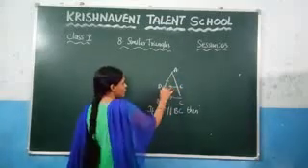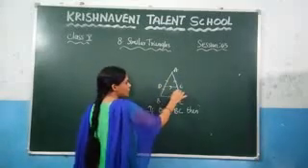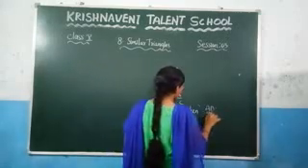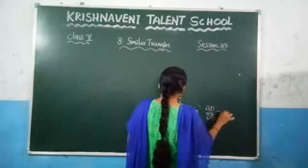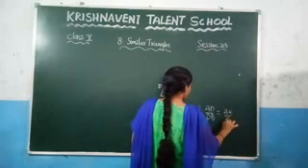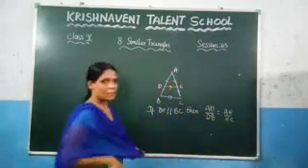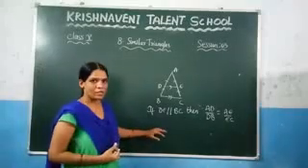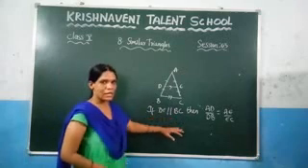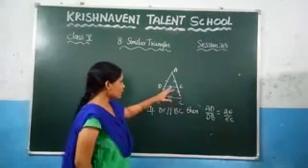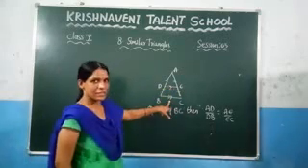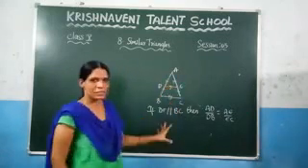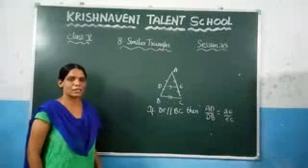This length and this length are the same, and this length and this length are the same. This is the basic proportionality theorem. You can state it as AD by DB is equal to AE by EC. In the last session we proved this theorem. It states that if DE is parallel to BC, that means if this side is parallel to this side, then AD by DB is equal to AE by EC.